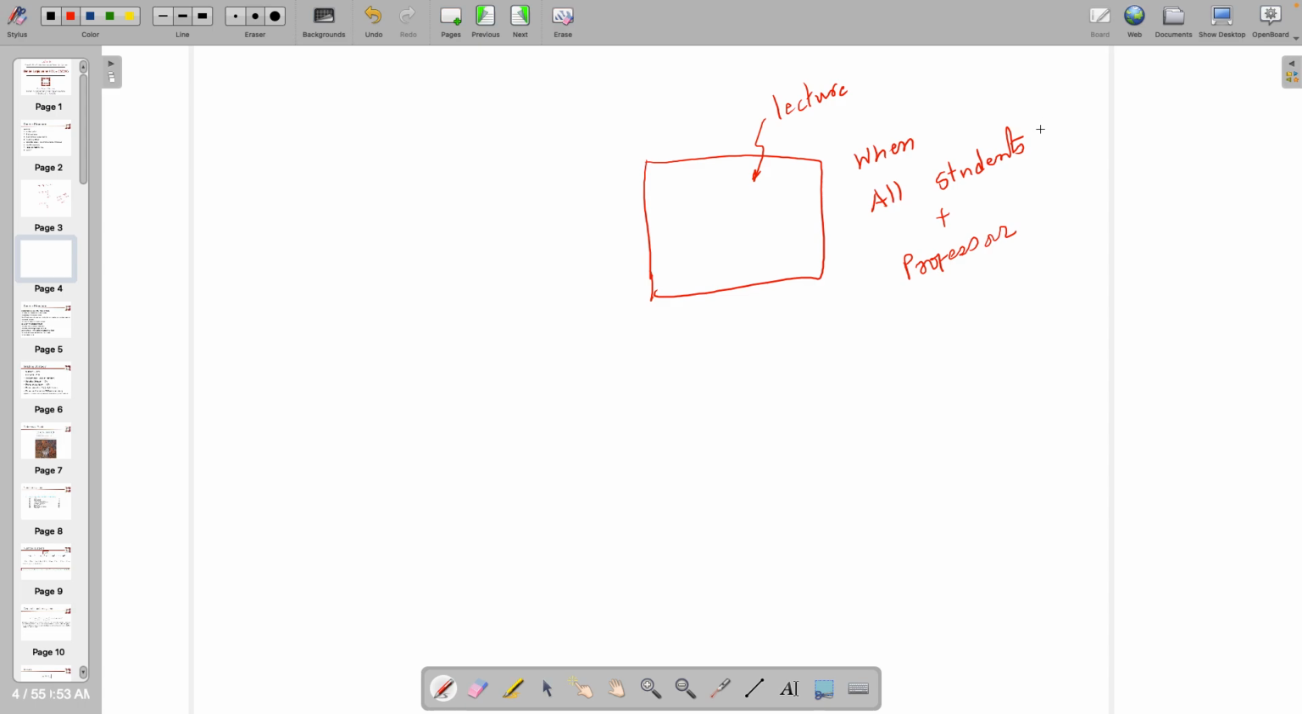So let's assume that all students, let's call them A, and professor, let's call this B. So the lecture is the output that will only happen when A and B both are present. So both are one, and then the lecture will happen, or the lecture can start. So this is one logic, and this was the equivalent function. So I am talking about this function,